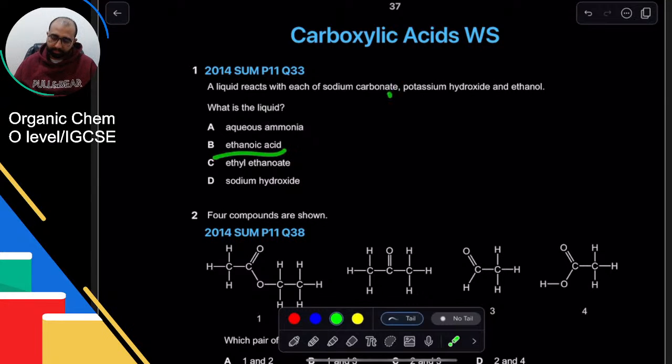Ethanoic acid will react with this, this, and this. With ethanol, ethanoic acid will produce an ester, which is organic salt, one way of looking at it. So B is correct. Ethyl ethanoate is ester. It will not react with this. It is possible to break it down using hydrolysis in presence of acid or in presence of OH. वो break down करता है. तो इसके साथ शायद वो रिएक्ट करे इन प्रेजेंस ऑफ वाटर, बट एथनॉल के साथ या इसके साथ तो डेफिनेटली नहीं करने वाला. और इसके साथ भी जो रिएक्शन है हमने उसको पढ़ने की जरूरत नहीं है हमें. सोडियम हाइड्रोक्साइड इसके साथ रिएक्ट नहीं करेगा. दे बोथ एल्कलीज.